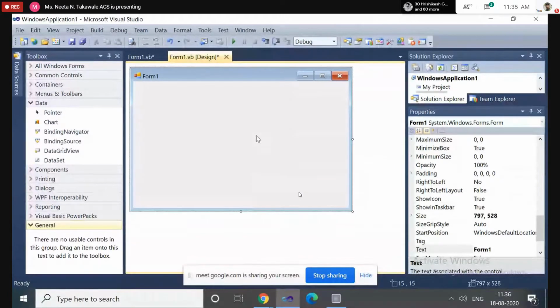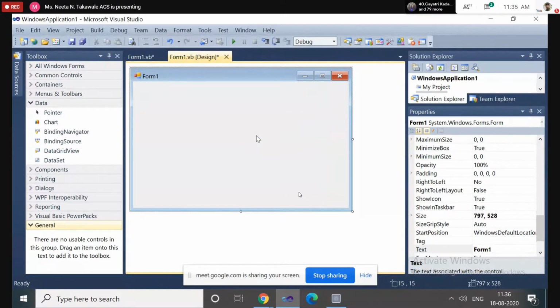Okay, so what is the use of the input box? It takes the input from the user. It is a dialog box that allows the programmer to request a value from the user, and the programmer can use that inserted value in his program.